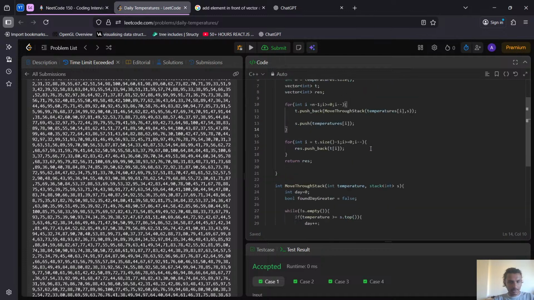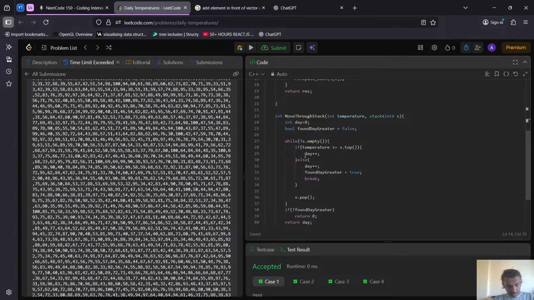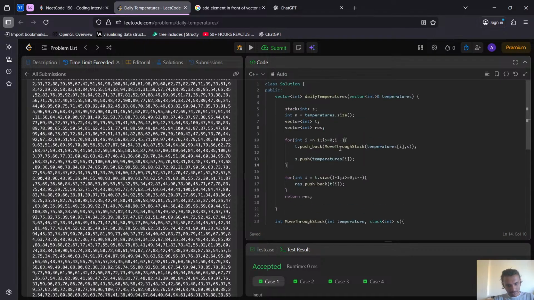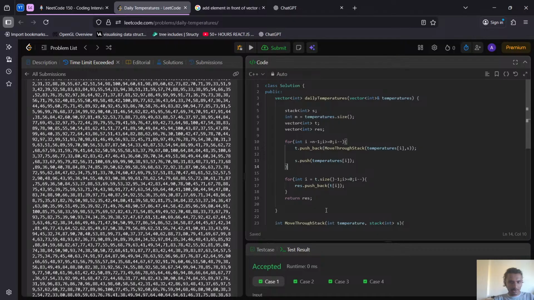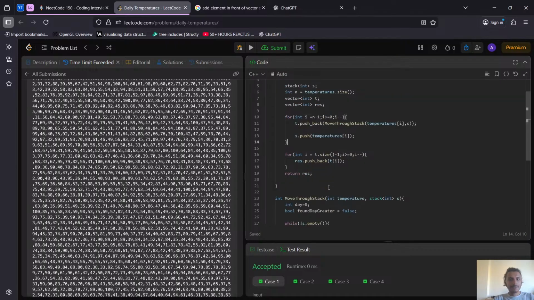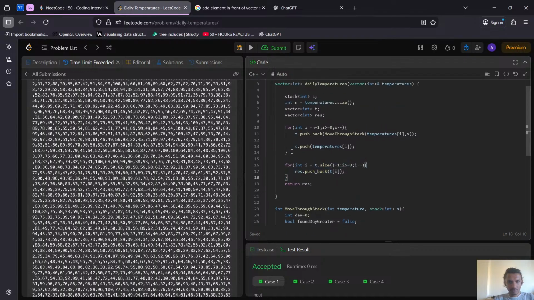So it's not an optimal solution, as we loop through all the stack again, we pop everything again, we check here, so it's a lot of work. And again we are reversing it through the